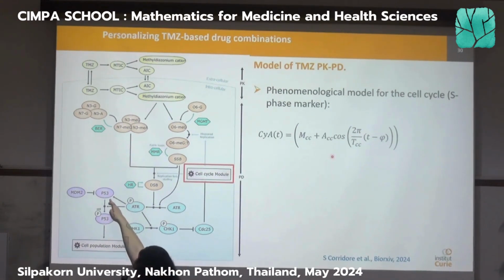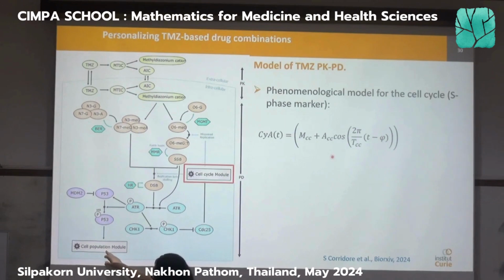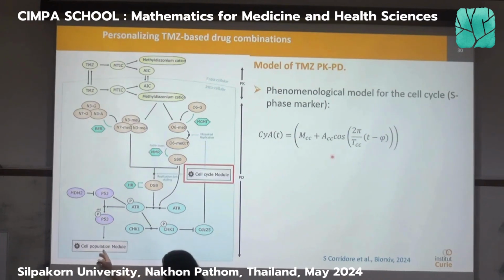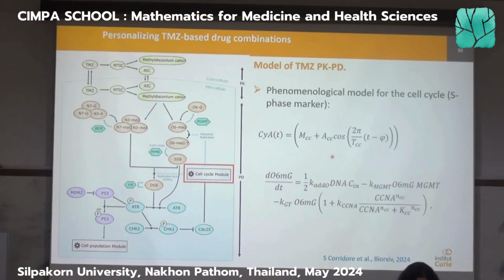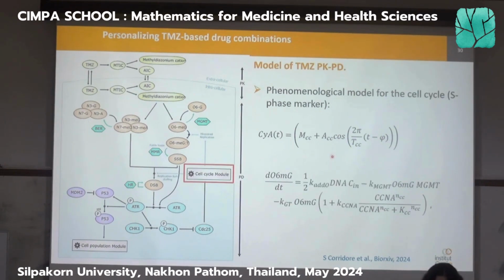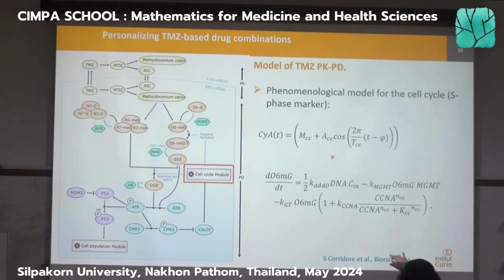If P53 is activated, then it will trigger cell death. And as you can see here, I have another module for the cell population, just like for the apoptosis model. So we are going to connect the intracellular model, the ODE model, with the population model. Sorry, I should have said this. This is just to show how we model